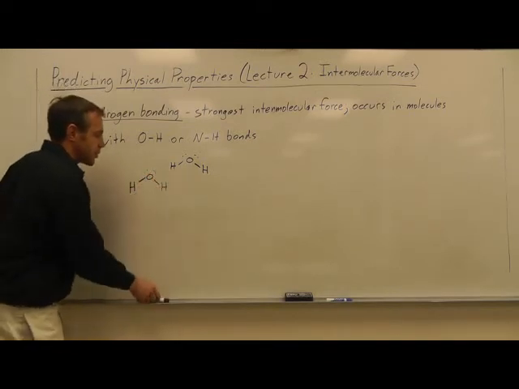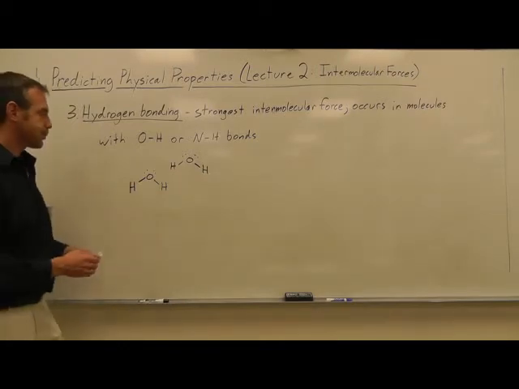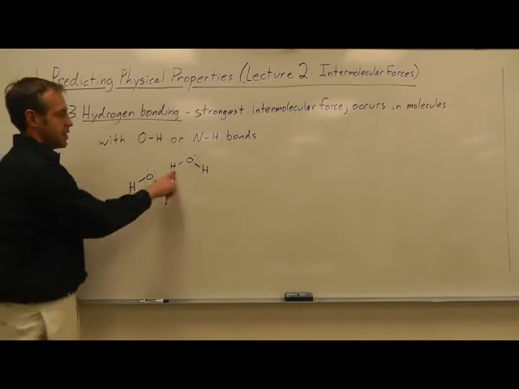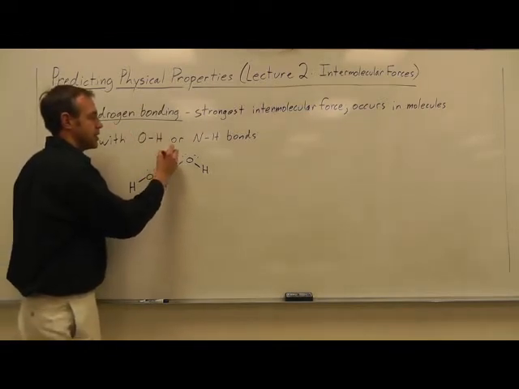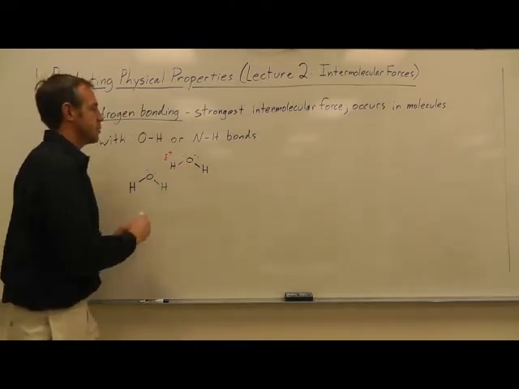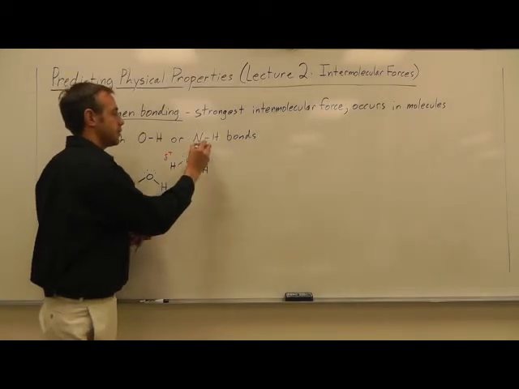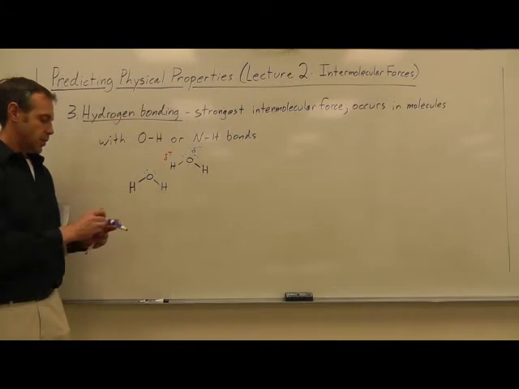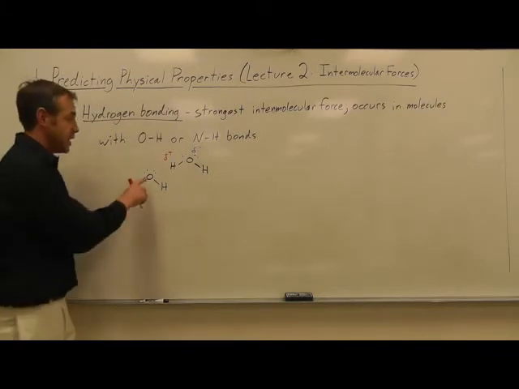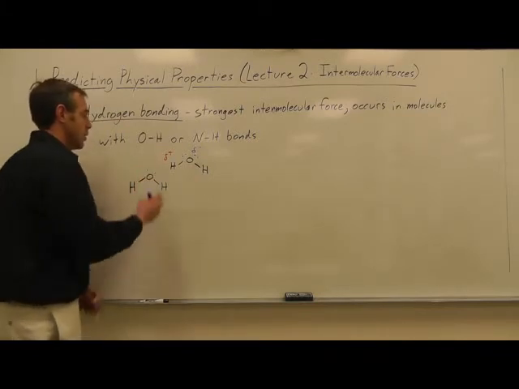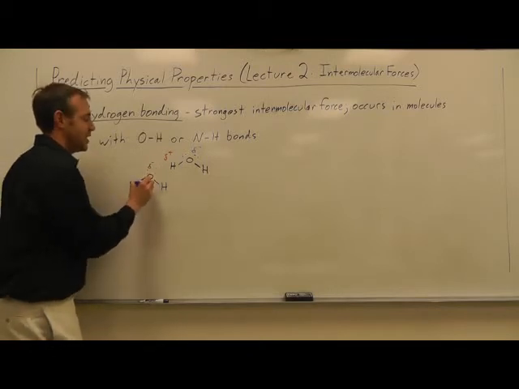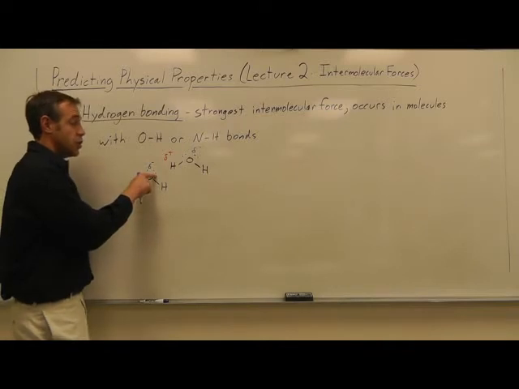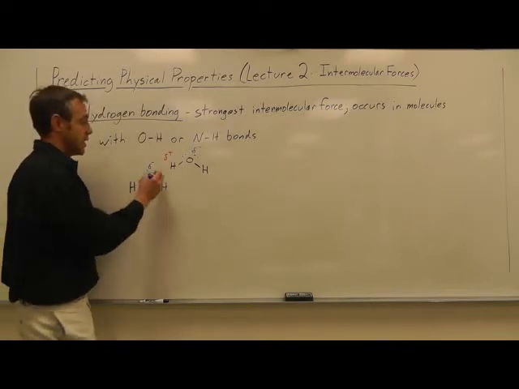And so if we also know that this hydrogen here is partially positive and the oxygen is partially negative, well, then this partially negative oxygen over here can actually use its electrons to